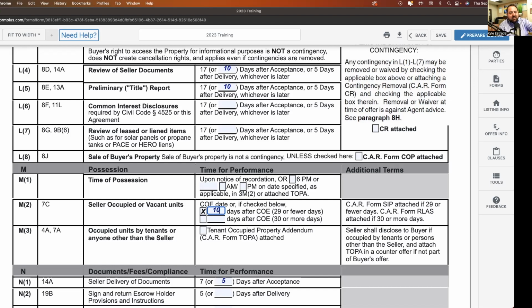So if it's a contingent sale, at a bare minimum, you're going to give that seller 10 days after close of escrow at zero cost, and you're going to include the SIP. Always. Now, if you get one of those sellers that say, look, we don't want to do a contingent sale because it's a lot of work, it's a lot of paperwork, then you say, okay, well, what we could do is this.